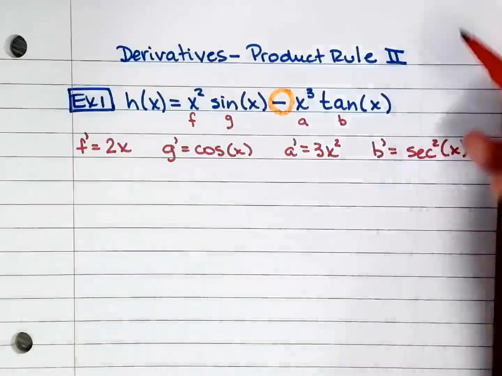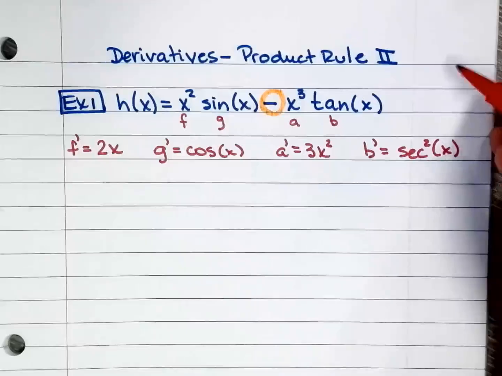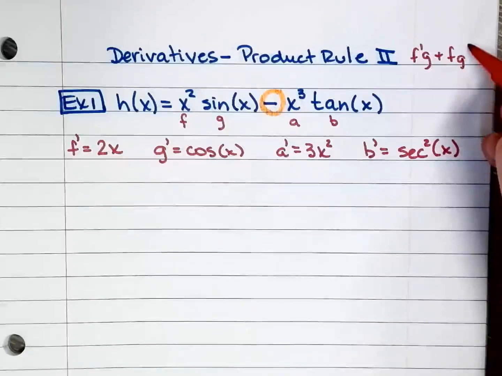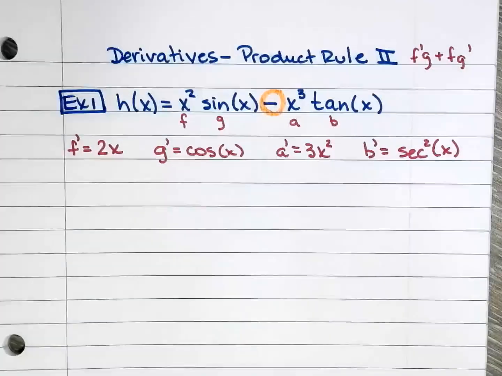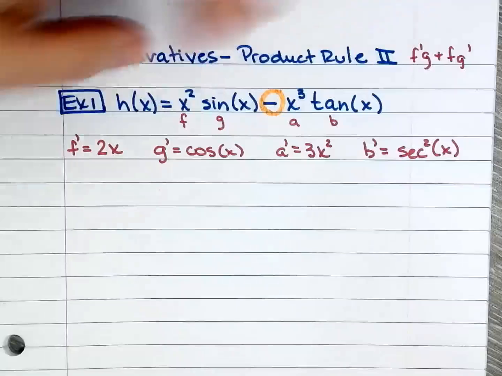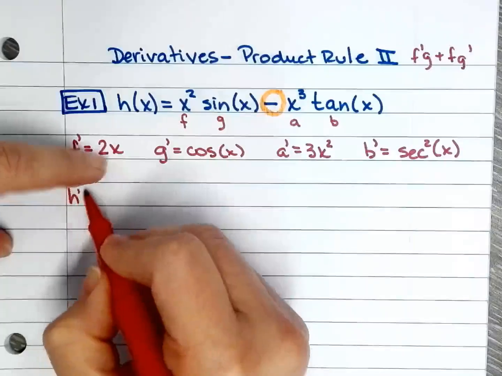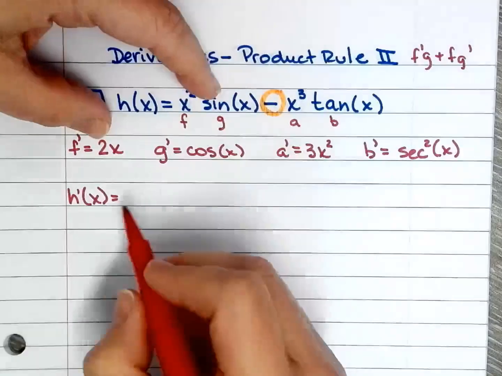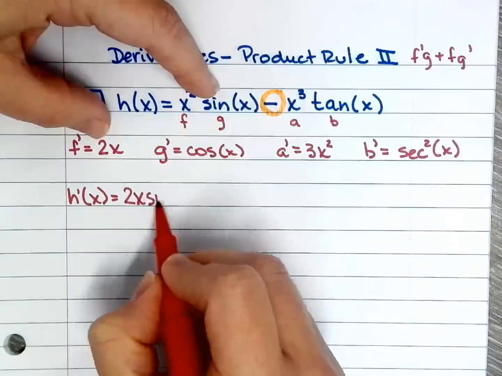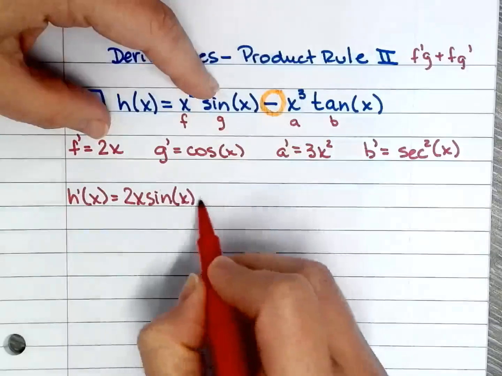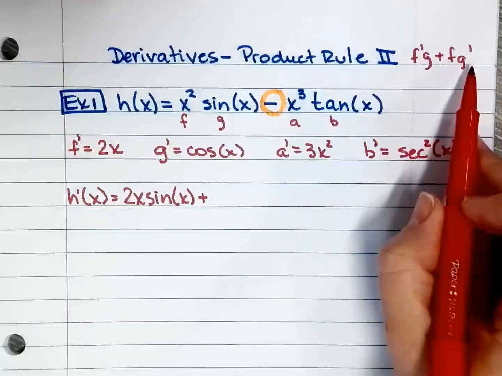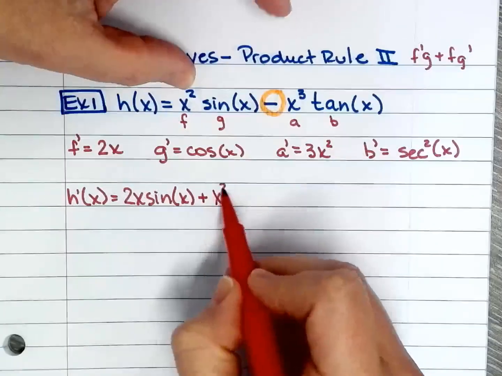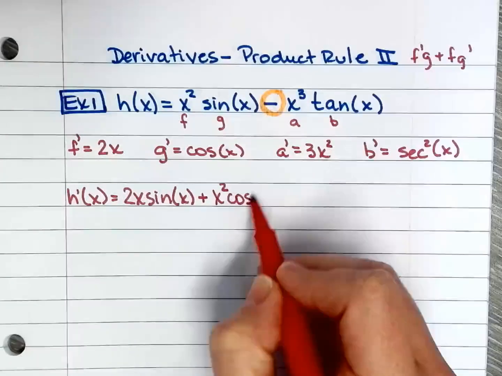Okay, so we will apply the product rule, and just a little reminder right here. It's f prime g plus fg prime. So f prime g. So f prime is 2x, 2x times g, plus fg prime. So f g prime. So f is x squared. G prime is cosine of x